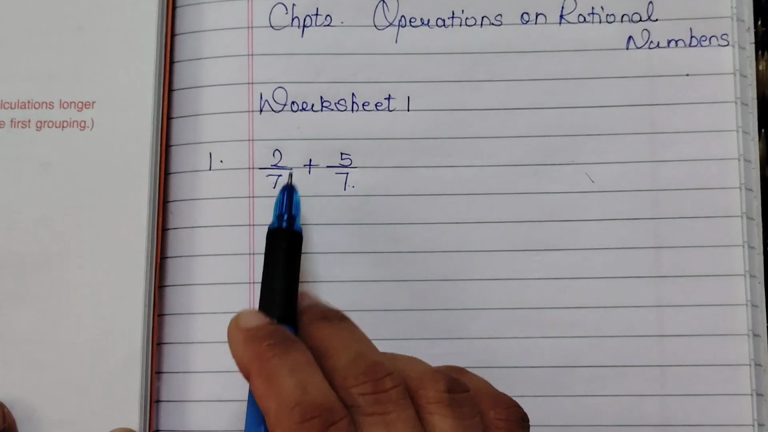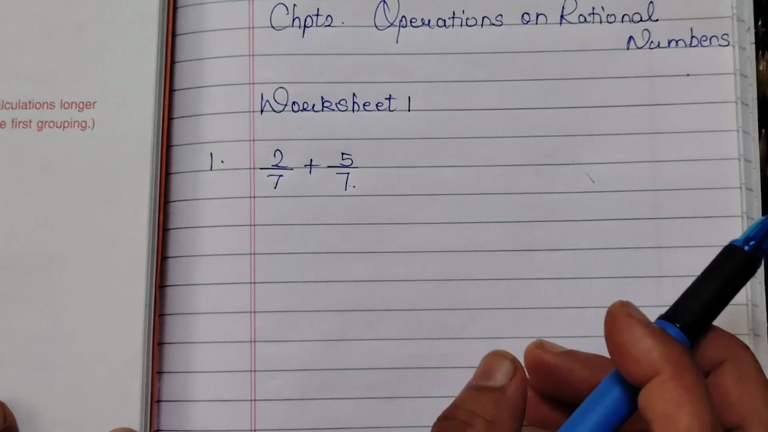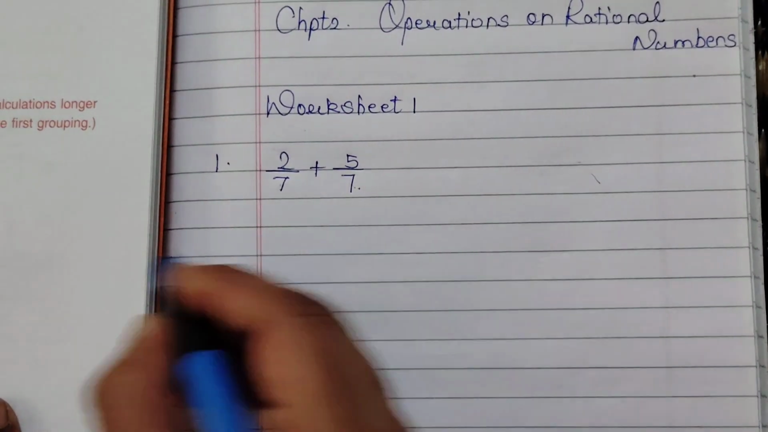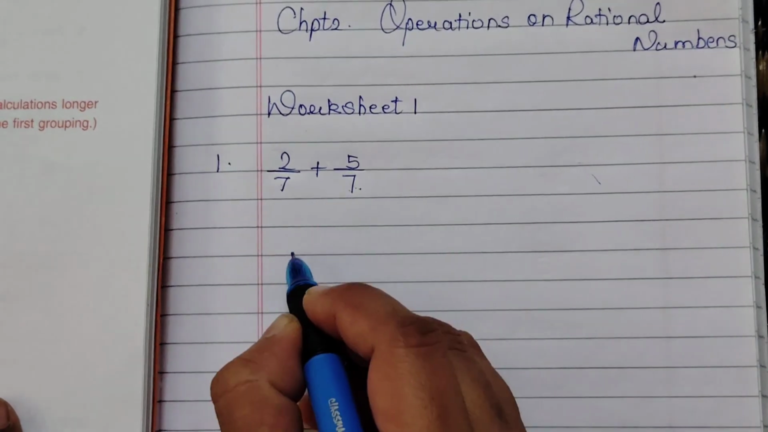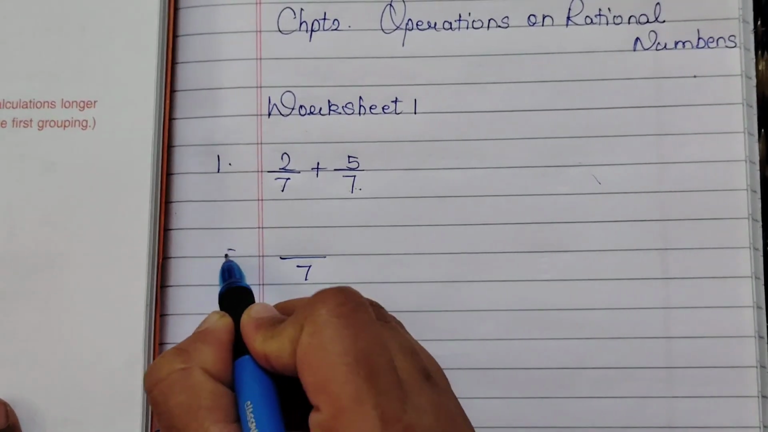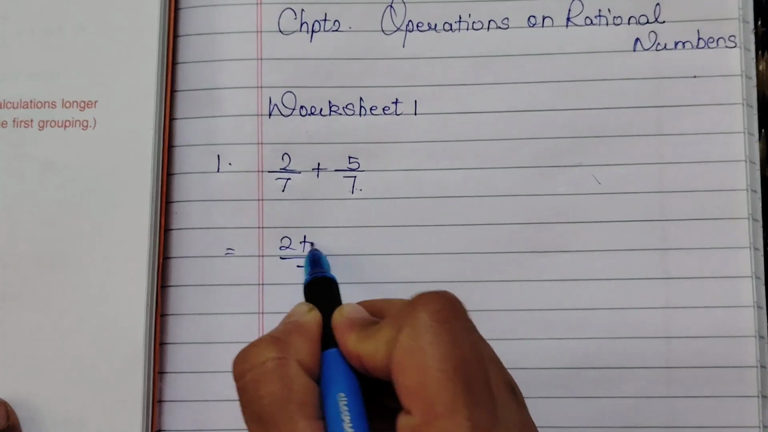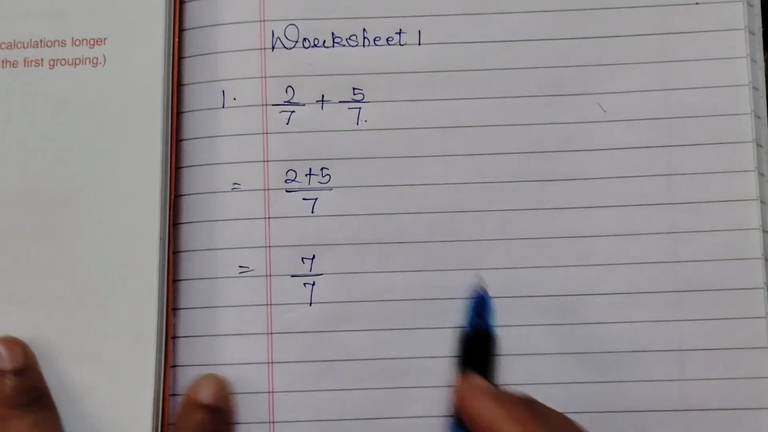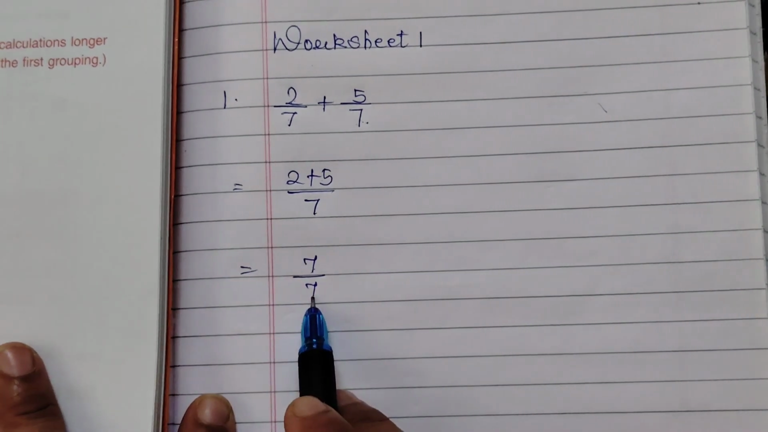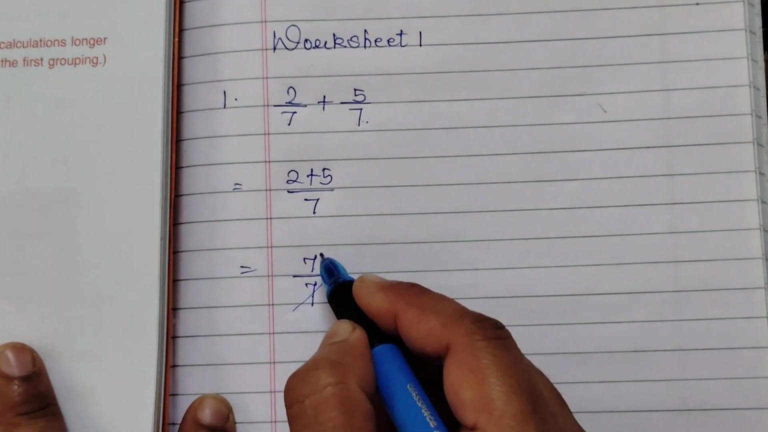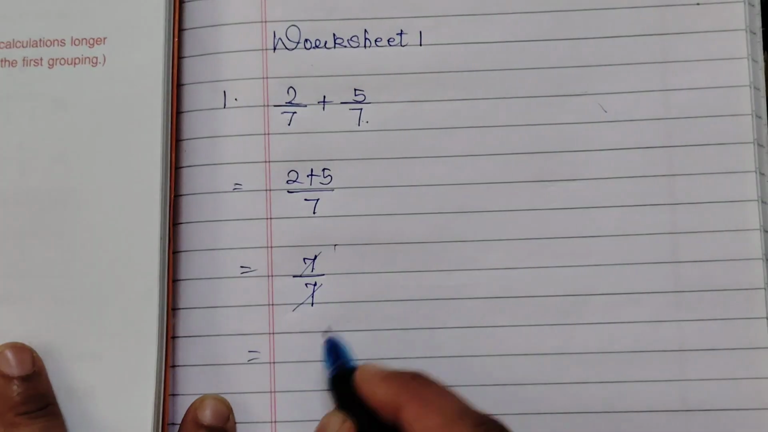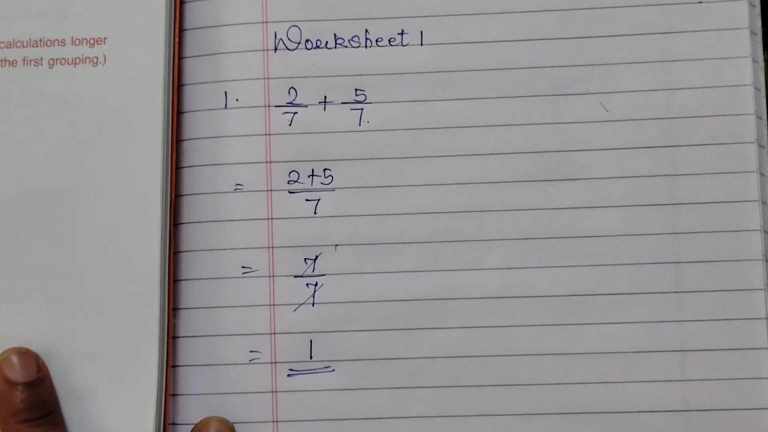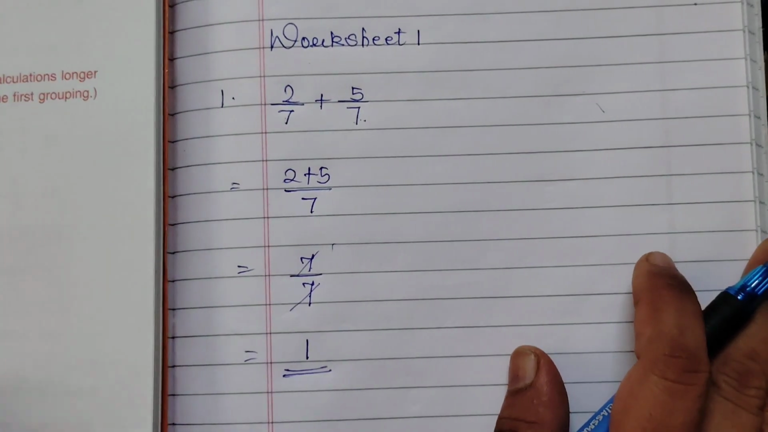Here in this first question, already the denominators are equal. So no need to find LCM, we are going to directly add. So 7 and 7, we will take it as common. And up we have 2 plus 5. So 2 plus 5 is what? 7. 7 upon 7. So 7 and 7 get cancelled. What we get? 1. So 1 is the answer. Next,